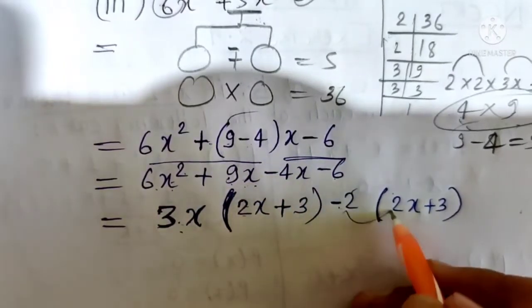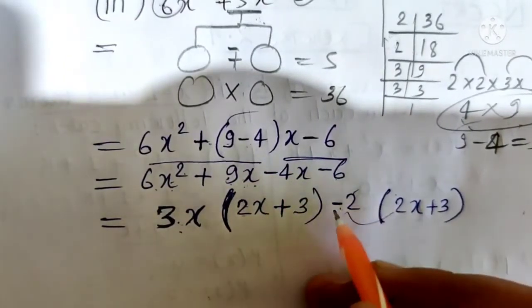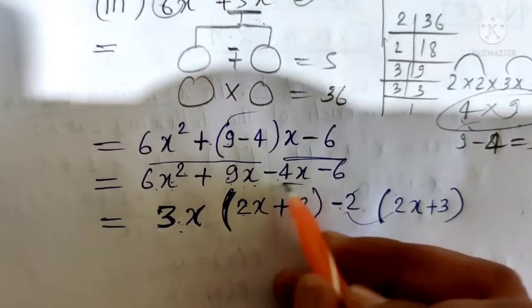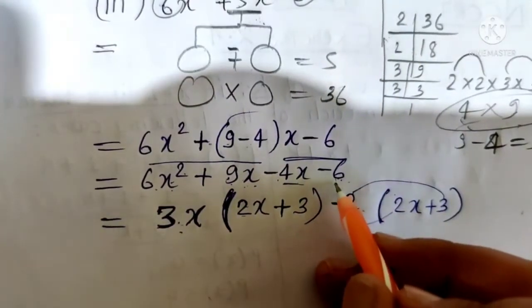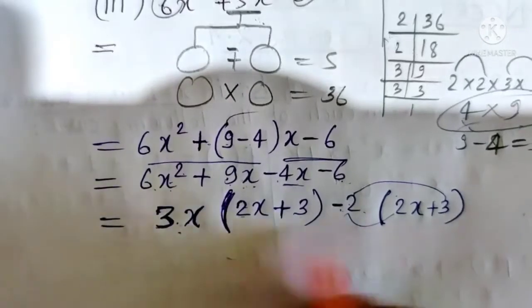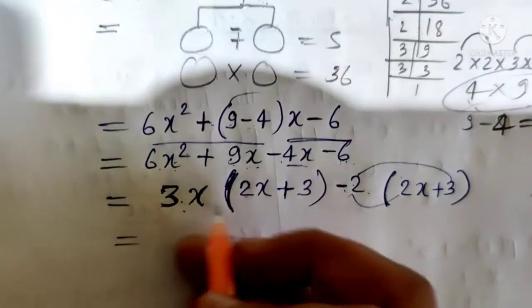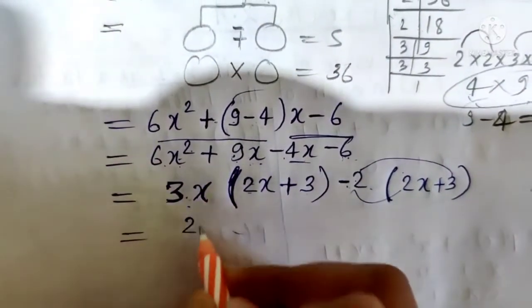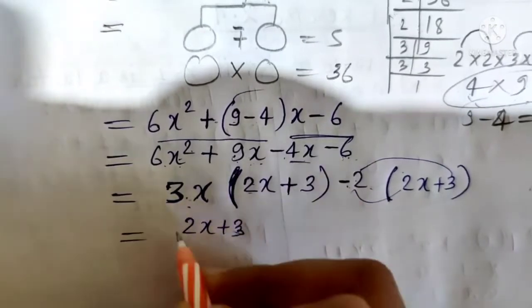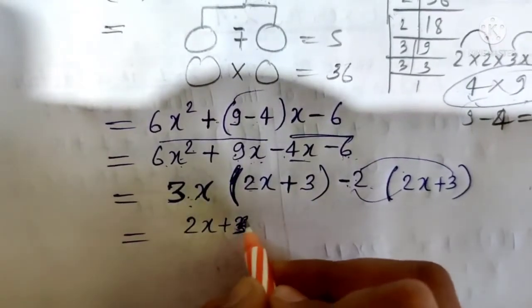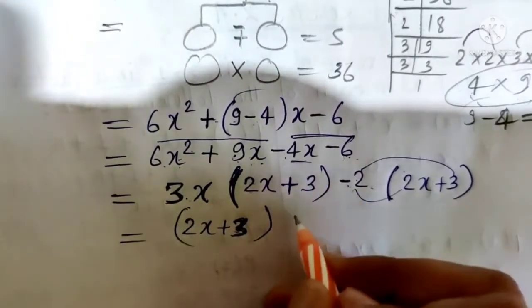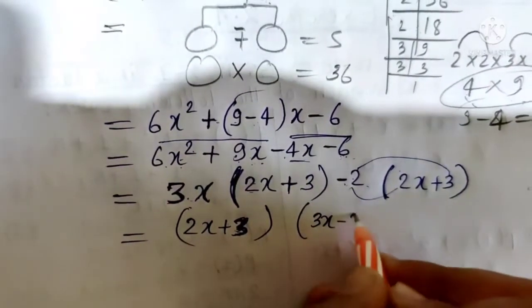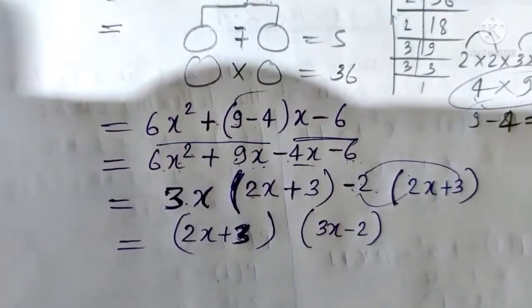Let's check. 2 twos are 4, and x is there, 4x, so minus 4x. Yes, we got it. Then minus 2 multiplied by plus 3 becomes minus 6. That is the thing we need. So what common things are there? 2x plus 3, 2x plus 3, two times. So we will write only one time, that is 2x plus 3, and then what is left? 3x minus 2, which is not in the bracket. 3x minus 2. So these two are the factors of the given